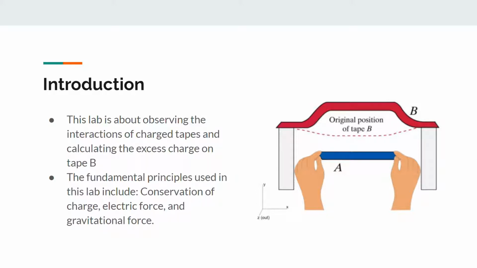The charge of tape B during the experiment was found to be 1.684 times 10 to the negative 8 coulombs. And the charge calculated by the computational model is 1.686 times 10 to the negative 8 coulombs. The ratio of electrons to atoms on tape B during the experiment was found to be 49.13. In this video, we will go over the observations, measurements, and calculations made in the experiment and in the computational